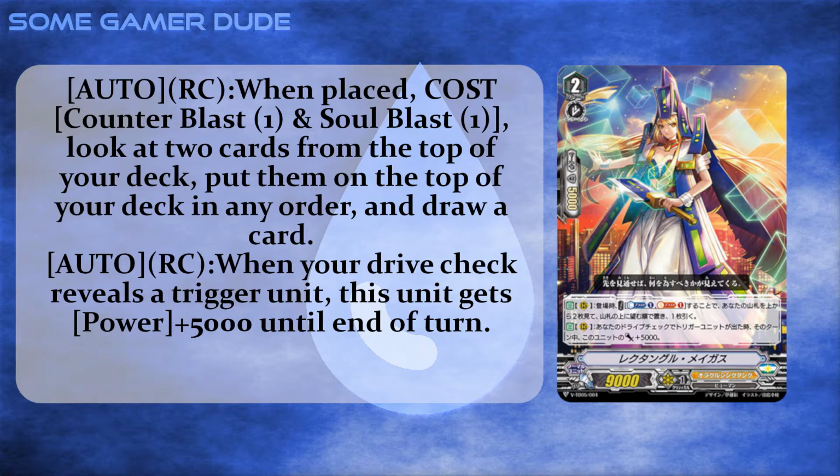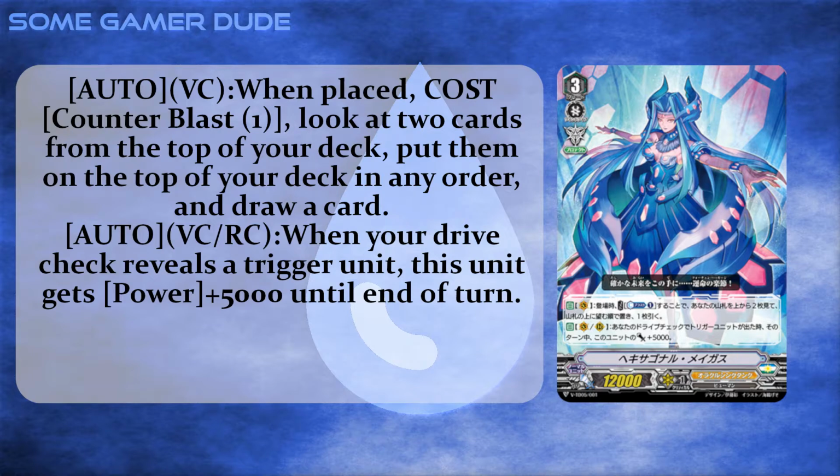And speaking of that, let's get to Hexagonal Magus, the big goal of the day. Your Protect Grade 3 boss monster for the Troll deck, who I think is the art from the manga, but touched up and looks quite nice. Anyways, she's your standard stats, Grade 3, Protect Gift, 12,000 power. Automatic, when placed on Vanguard Circle. Counterblast 1, look at the top 2 cards of your deck and put them back in any order and draw a card. Which is...